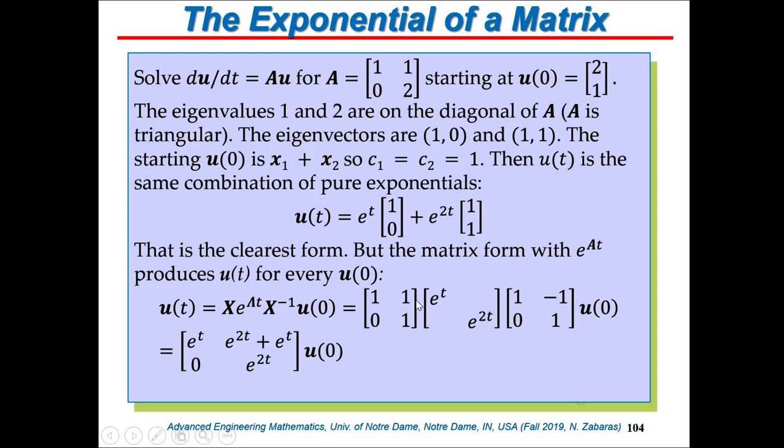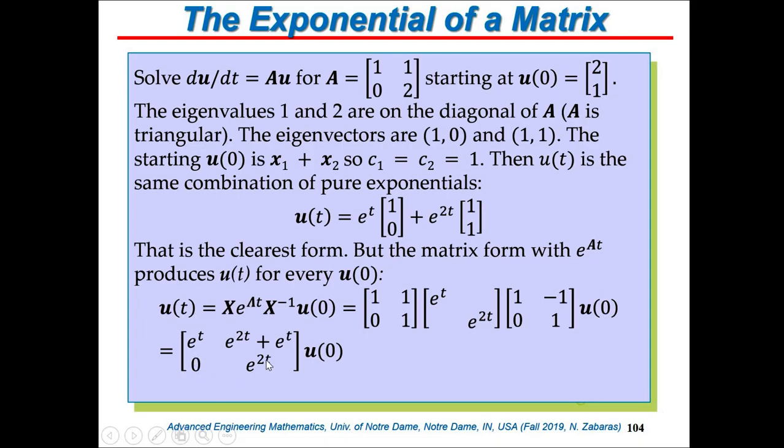Okay. And then e to the Lambda t will also be a diagonal matrix with e to the lambda t on the diagonal. So e to the t for the eigenvalue 1 and e to the 2t for the eigenvalue equal to 2. And if you do the multiplication, you get that your matrix e to the At